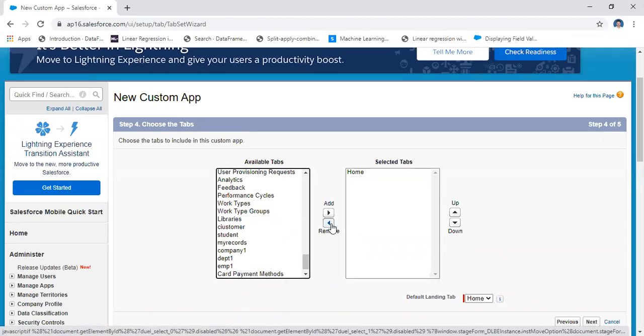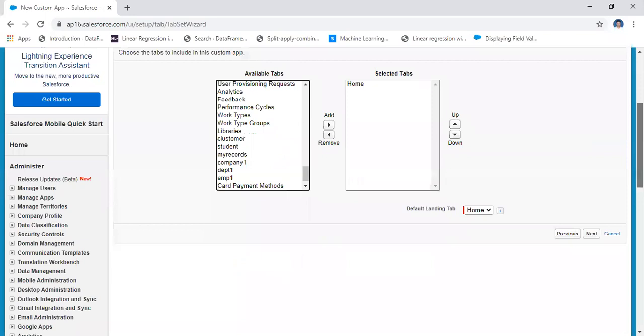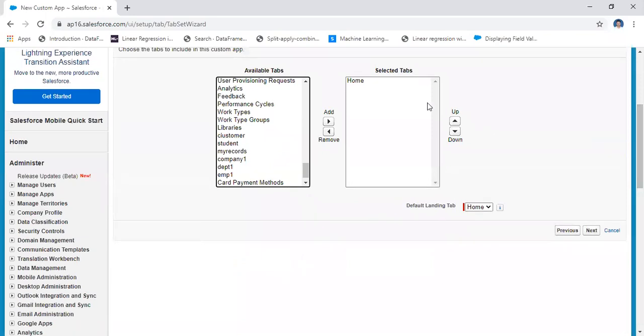Why? Because we have the objects college, EMP, DEPT, student, course, only five objects. I am going to use these objects only. Home, Salesforce itself gives one object for every custom application.